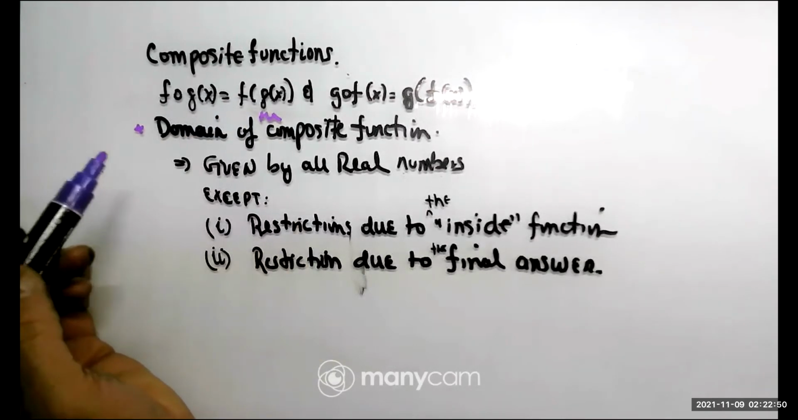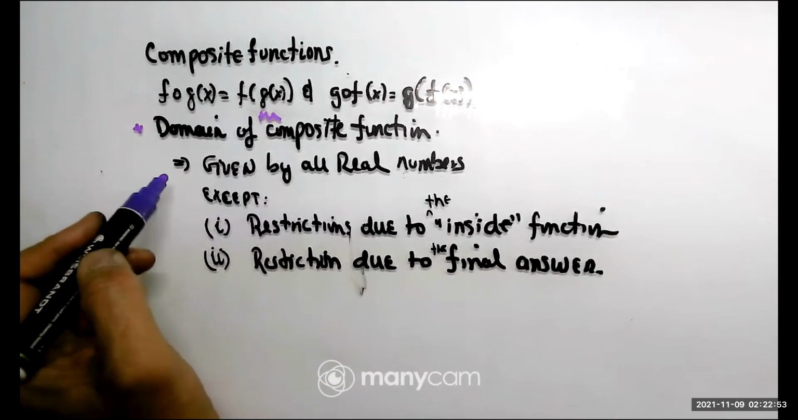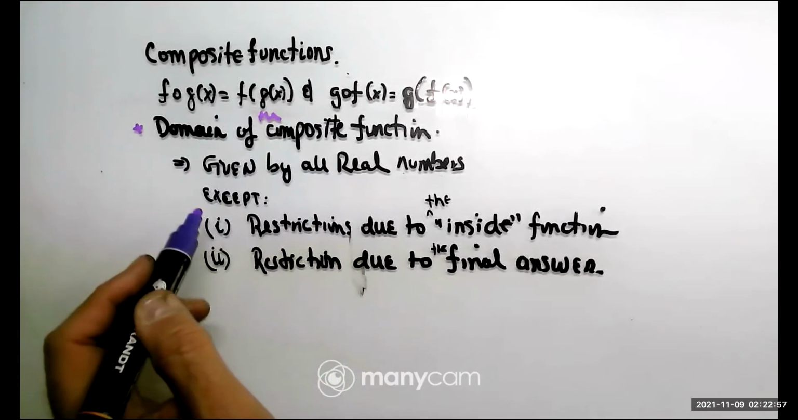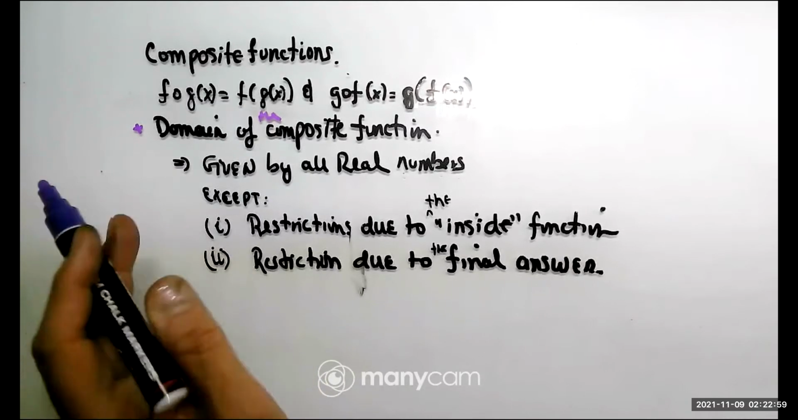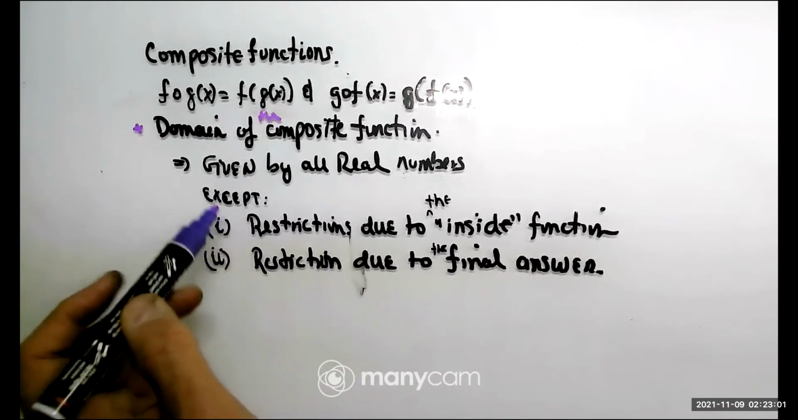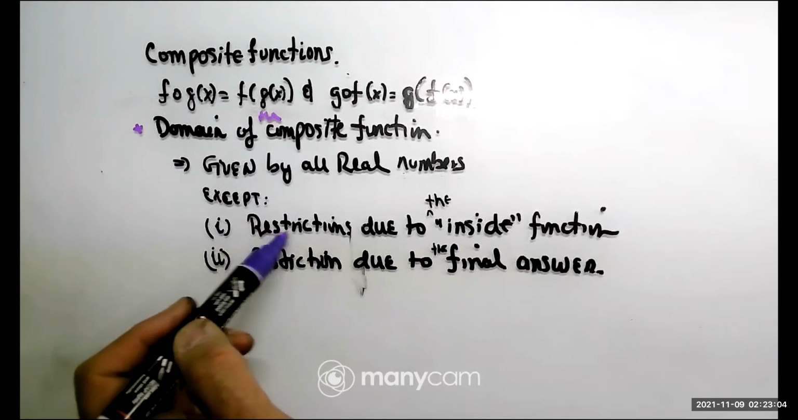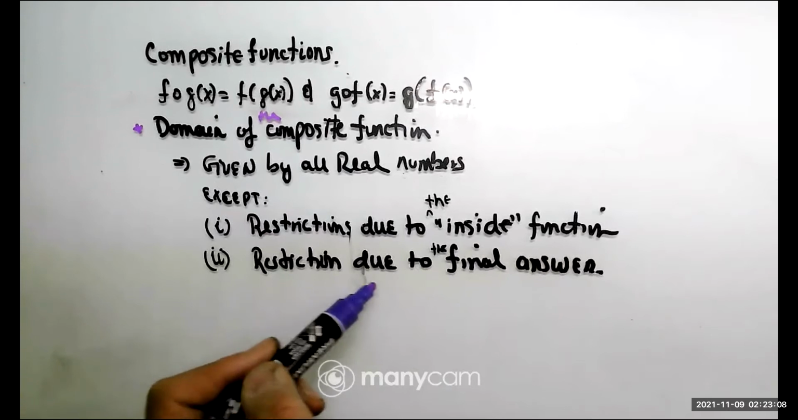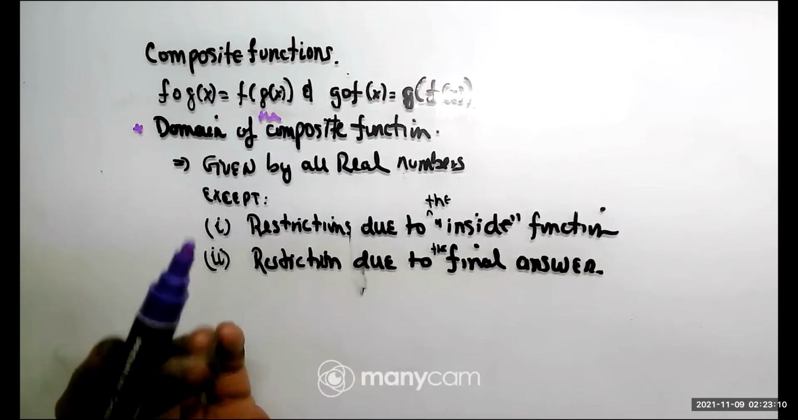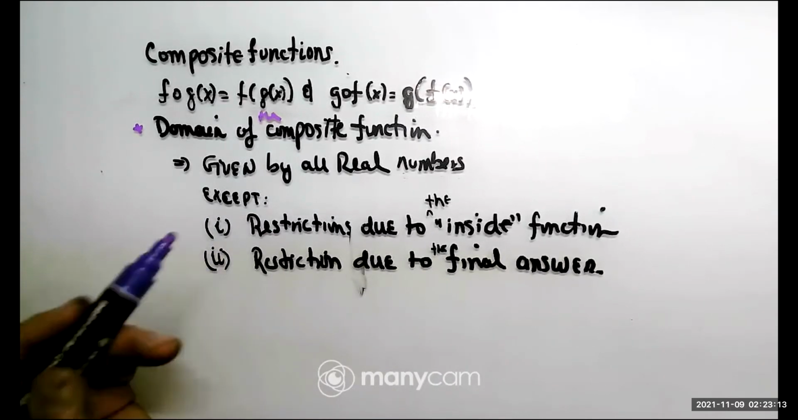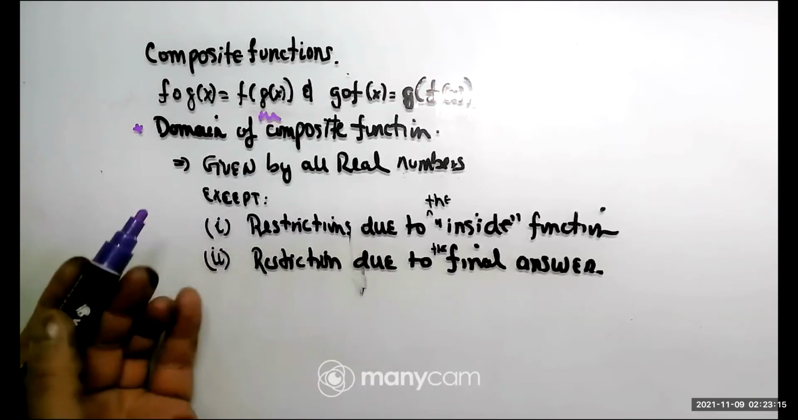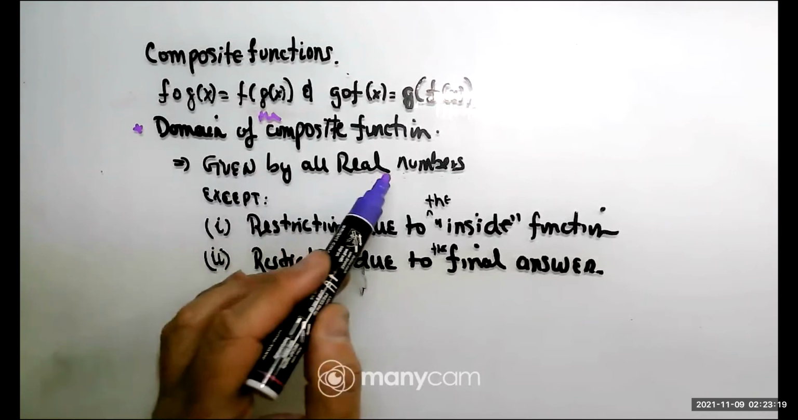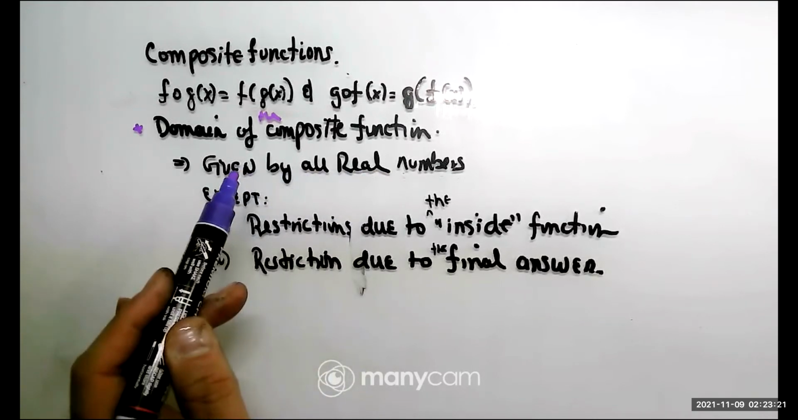The domain of the composite function, let's go ahead and assume that the domain will be given by all real numbers, except if there is an exception. These are where the 2 exceptions will come. One will be the restriction due to the quote-unquote inside function, and the other restriction will be due to the final answer. I know this is not mathematically correct, this is not even grammatically correct, but hopefully you understand what I'm trying to say. So we are going to assume that the domain will be all real numbers,